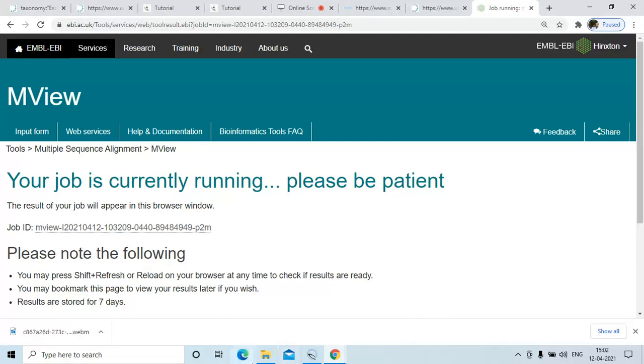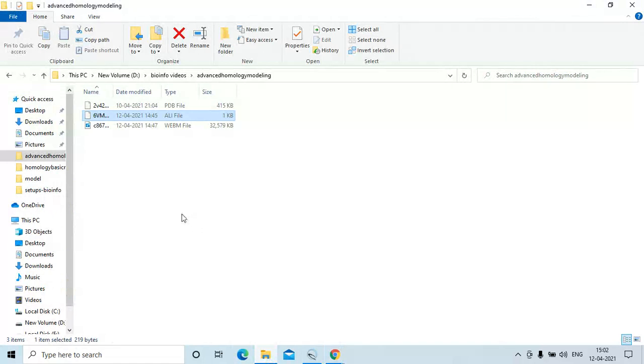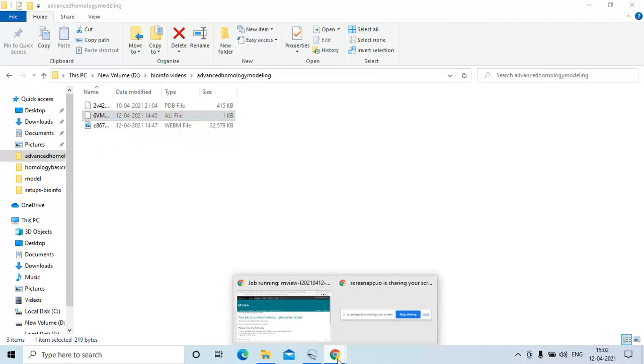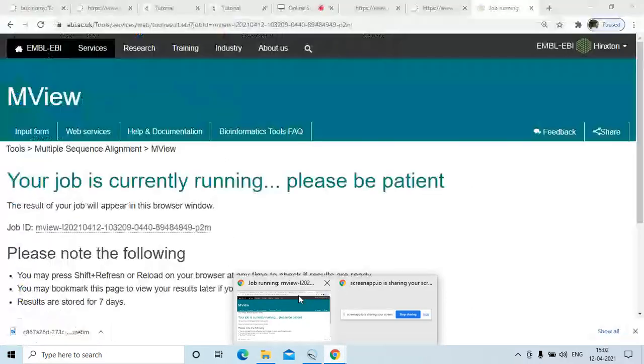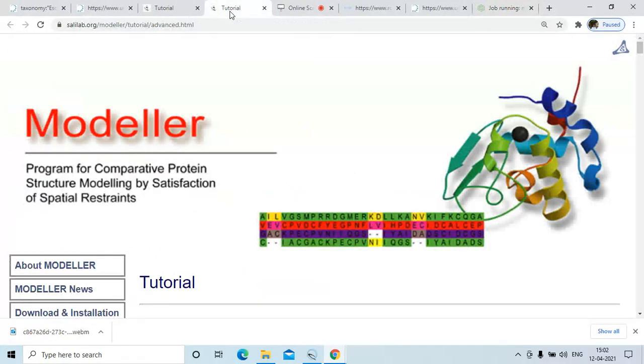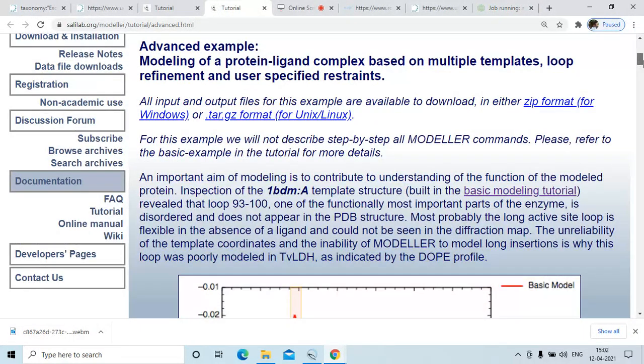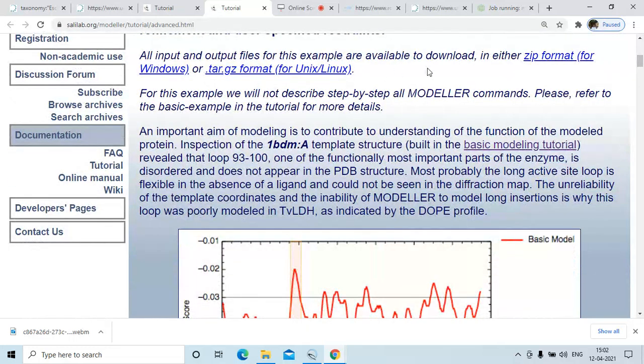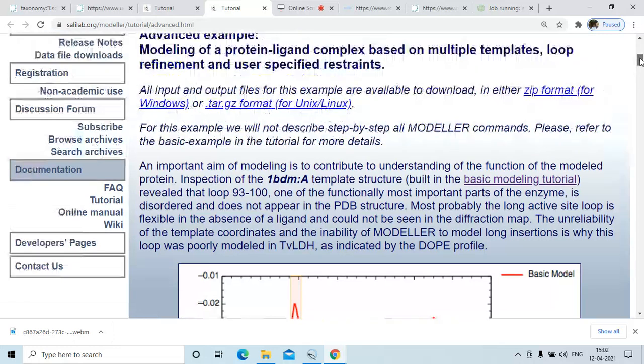So we have in our folder the files, which is 6vms.ali, right? And we have to search for the templates. Meanwhile, we have to download this example zip format for Windows, this example for advanced modeling.